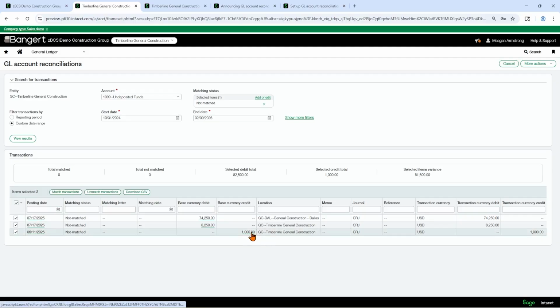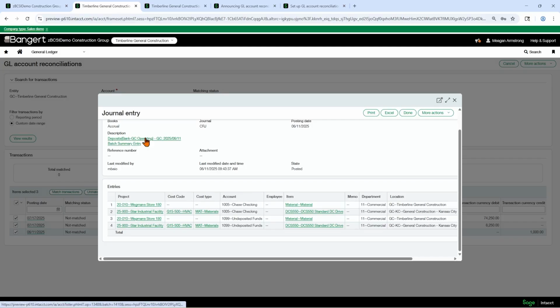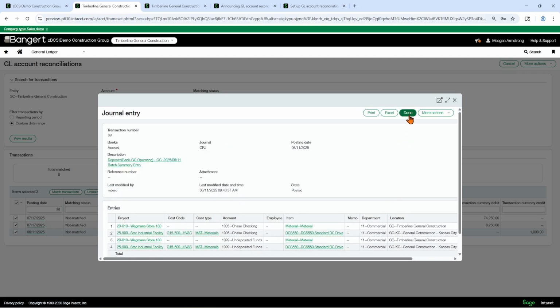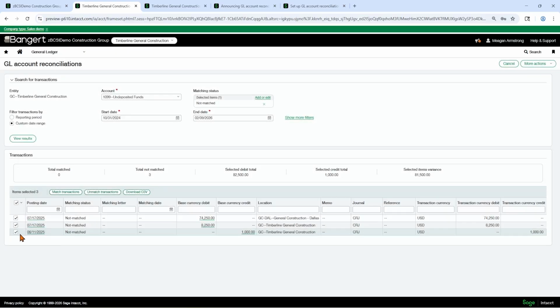Let's actually see what this was. You can click into here. This is a deposit summary. It looks like it's an offset thing. These are the things that aren't matched.